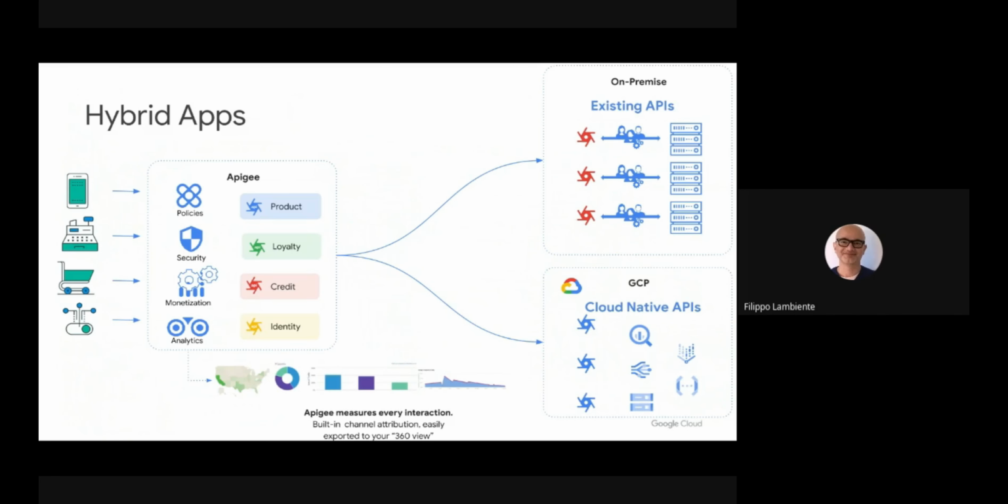And here, for example, you can use Apigee initially as a pass-through, and then not only create mixed applications or provide mixed APIs that have some backend on-prem and some backend on the cloud-native application, but they can also abstract this complexity of the backend from the consumer, who is just invoking an API, and it's Apigee that knows where to route the request or how to enrich the request, if it's a combination or not.